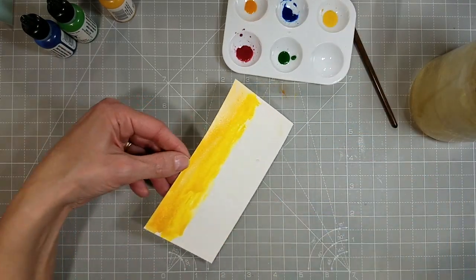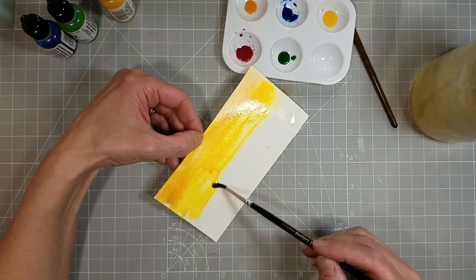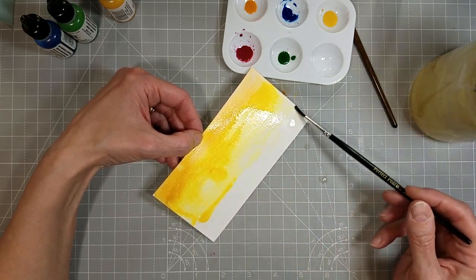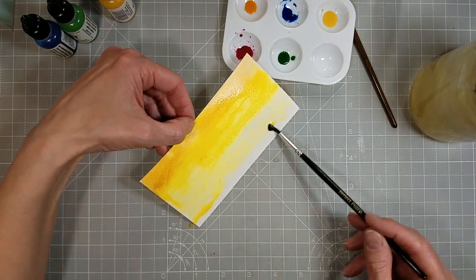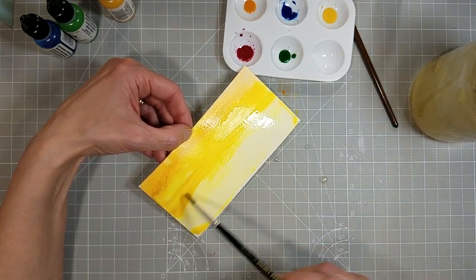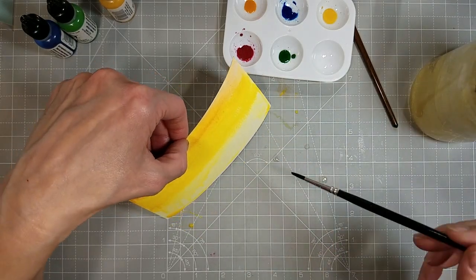This next one, we're going to do a gradient of just yellow here. And there had been a little red still in my paintbrush, so I ended up creating another pot with yellow because I wanted that more pure yellow look. I didn't do the wet on wet this time. I did add a little water at the very start of this particular panel, but then I chose to paint